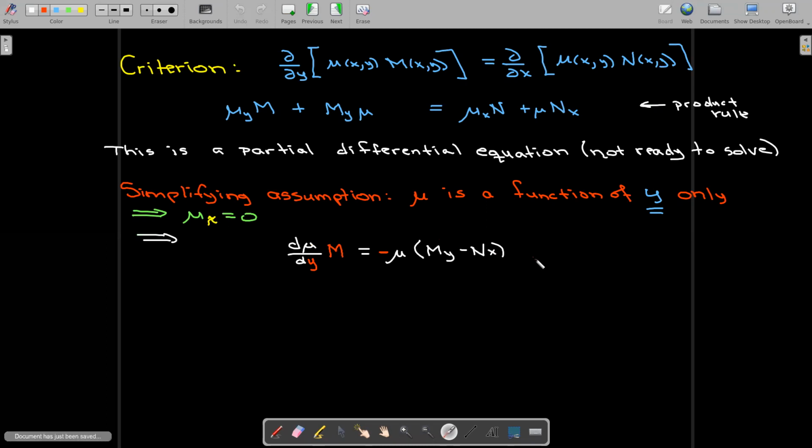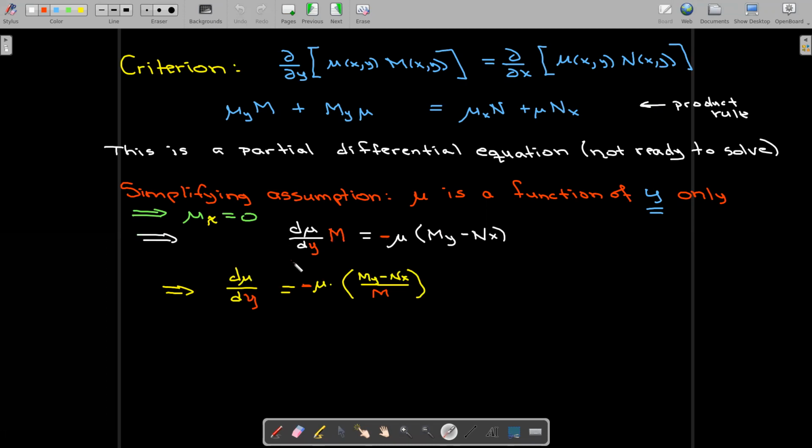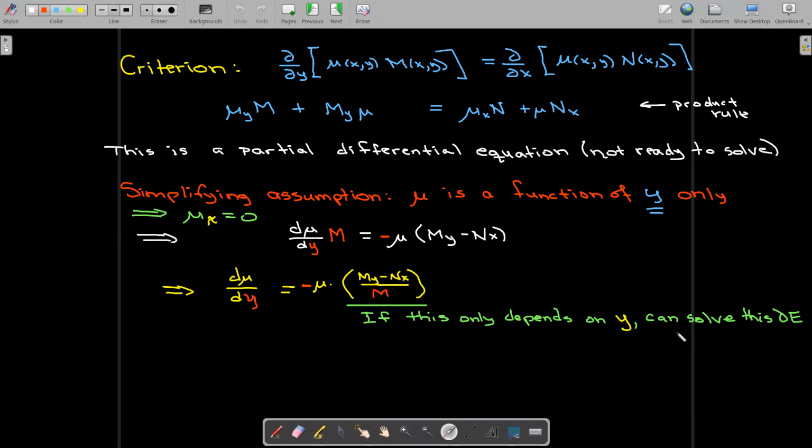So doing some algebra, we're going to keep this expression M sub y minus N sub x. If we want to keep it that way, we need to have this additional minus sign out in front. And so now our differential equation has a minus sign in front of the mu, and then if we have the additional condition that this quotient depends only on y, we can solve this DE using this integrating factor,